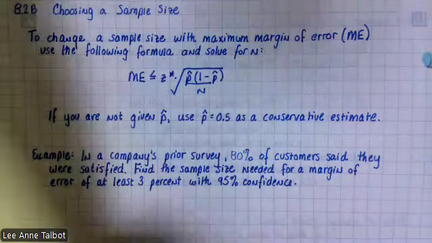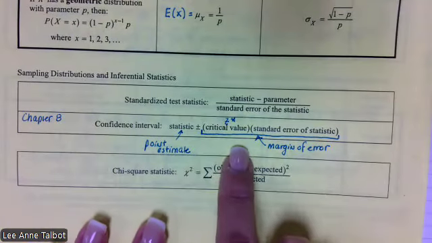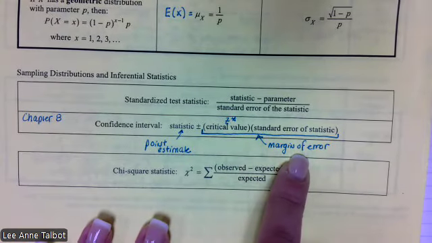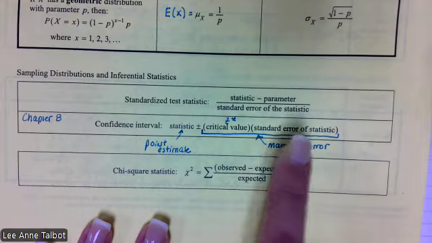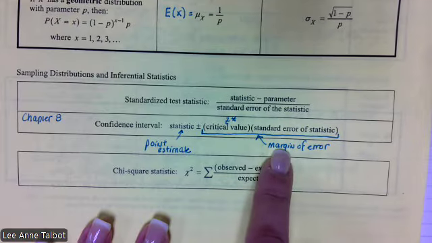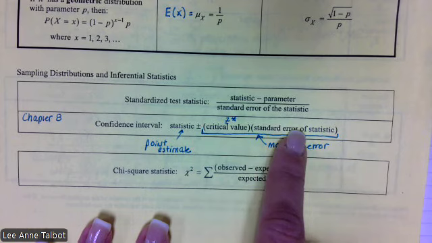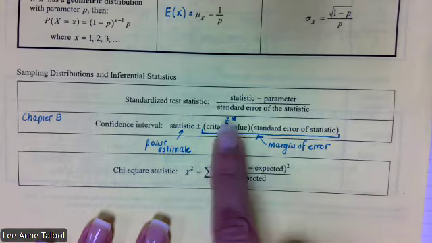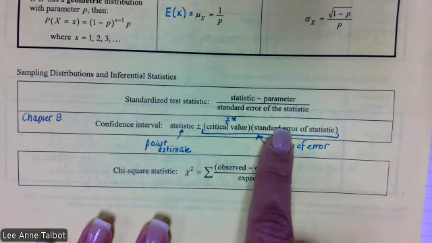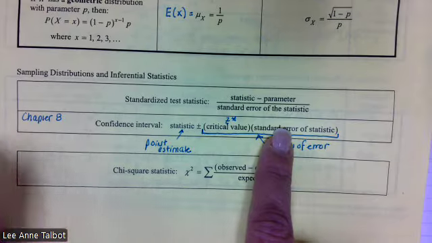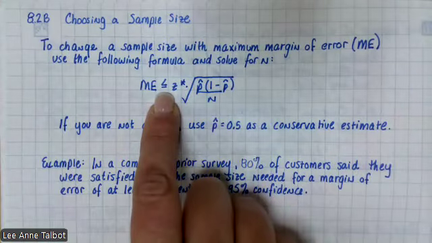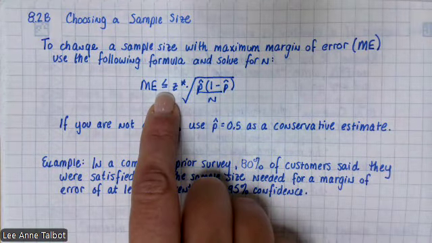So what I mean by that is look right here. Do you see how I have this bracket and it says margin of error? And I want you to know that the margin of error equals this times this. Let me say that again. I want you to know that the margin of error equals this times this. And strictly out of the book, it's got a less than or equal to formula in it, but we're not actually going to use that